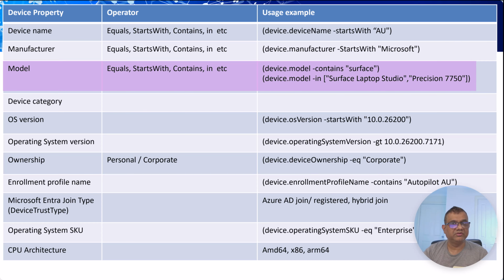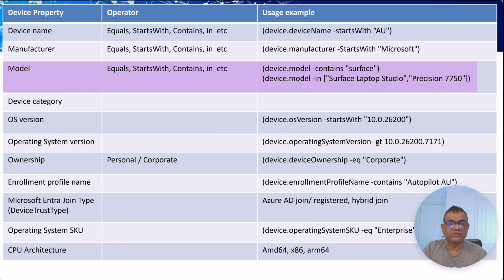For a model, similarly, here the option is contains. I'm not sure whether starts with option is there or not, but here, yes, I think starts with is also there, but contains means anything in between the model. So Surface, for example, Microsoft Surface Laptop Studio. So if it contains that specific string, the surface is there, then it will be equivalent to